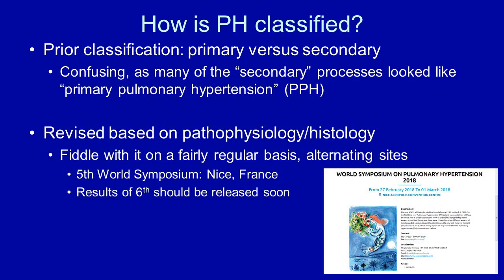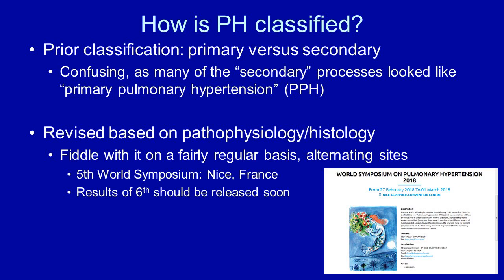Once you've made a diagnosis of pulmonary hypertension, you need to sort out what category that patient is in. To do that, you have to have an understanding of the classifications of pulmonary hypertension. Historically, we used a classification scheme that had primary versus secondary pulmonary hypertension. This was very confusing